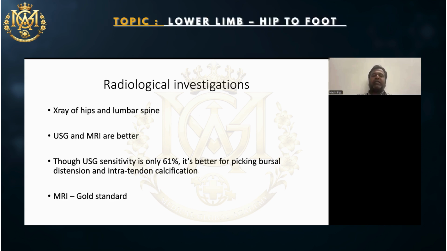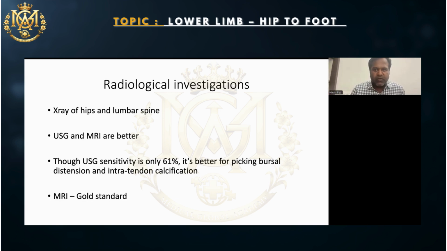With these tests, right? And what will you do? You'll do the same investigations. You take an X-ray to see if there is any obvious hip pathology, or you need to also take an X-ray of the lumbosacral spine to see if there is any problem with the lumbosacral spine, right? And then you can do your ultrasound, your dynamic ultrasound, to see if there's any bursitis or tendinitis. MRI is better. And MRI is the gold standard investigation because you'll be able to see the pathology,